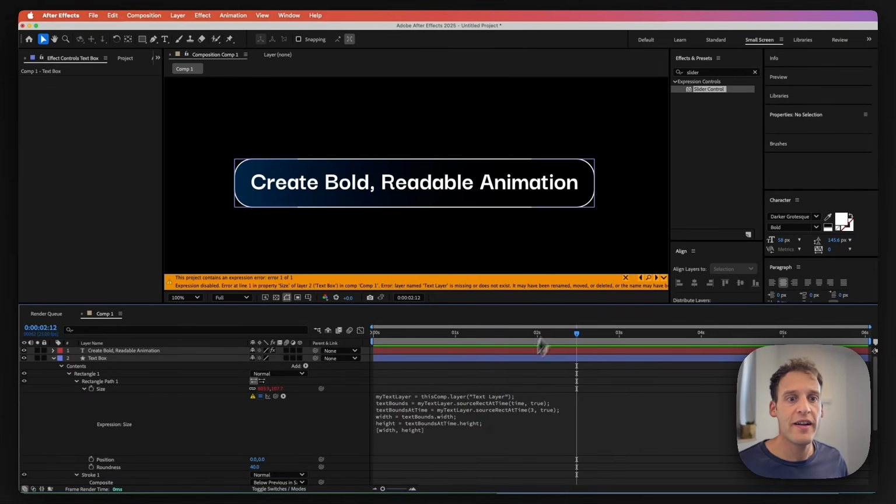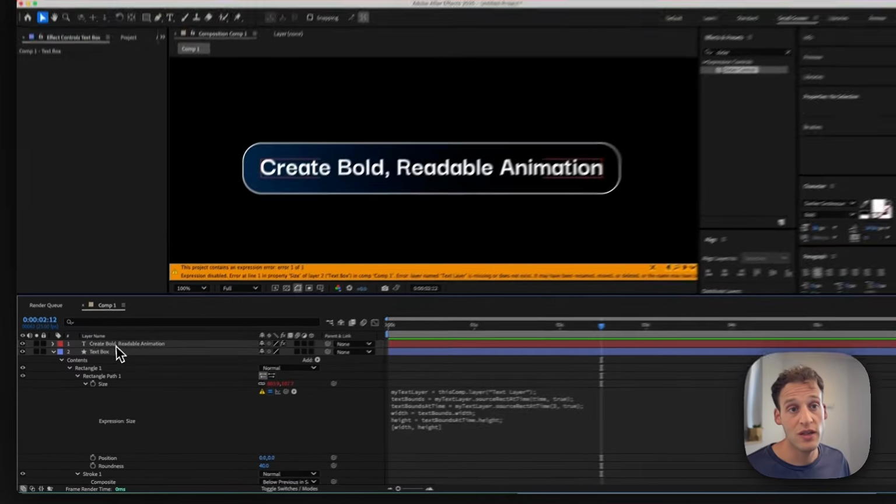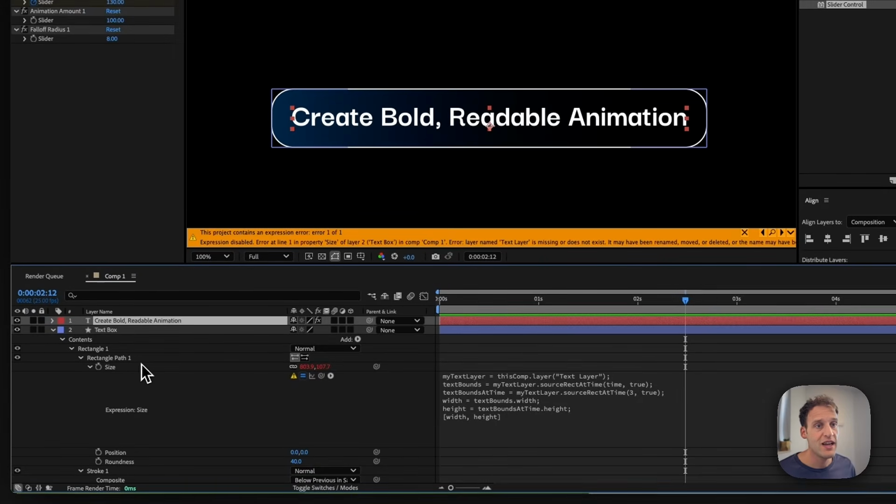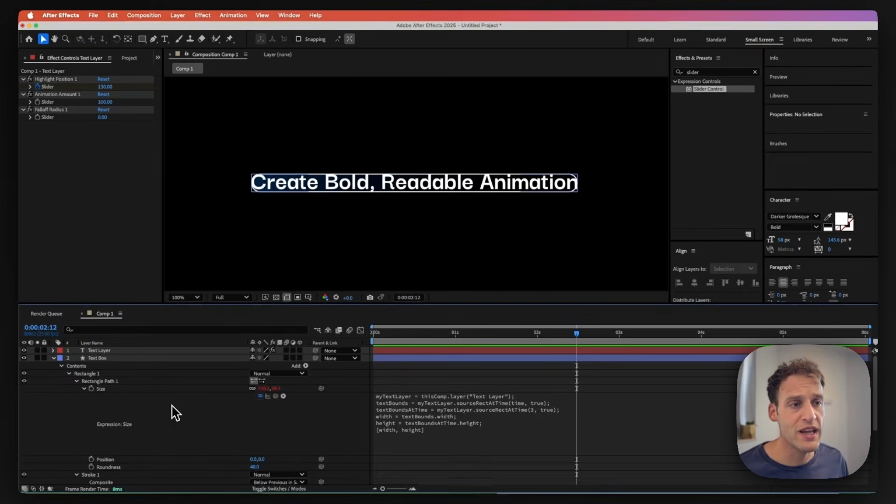Now, by default, you will actually see this expression error in here. Don't worry, what we need to do is actually open this expression. In here, we can see that we have written my text layer equals thisComp.layer("text layer"). So the name is actually named text layer in here. So what we need to do is simply pick this text layer and rename this to text layer. So text layer, make sure that it is written like this exactly, and then when we click out, you can see that working immediately. So now we have that text box that is auto-resizing, as you can see, with our